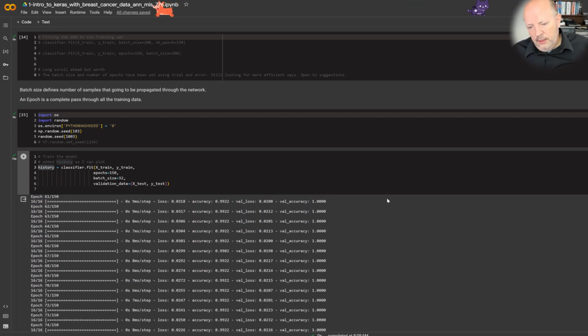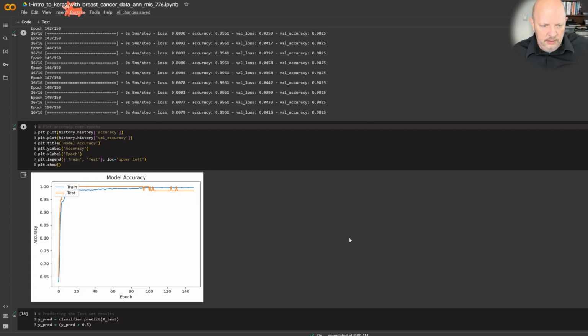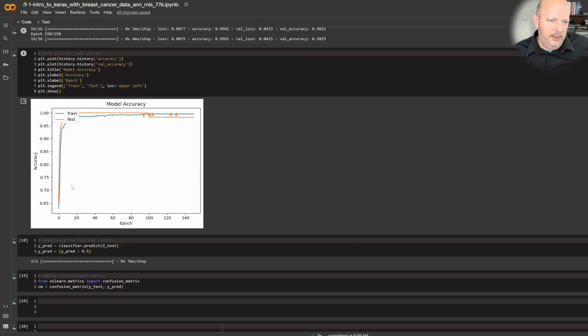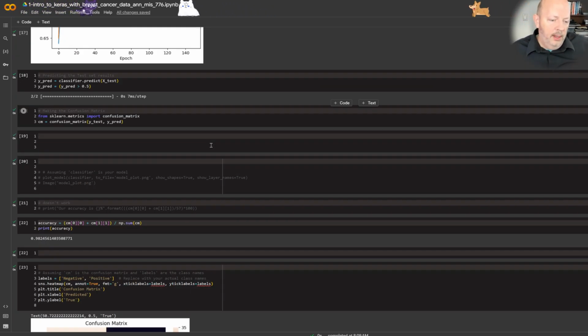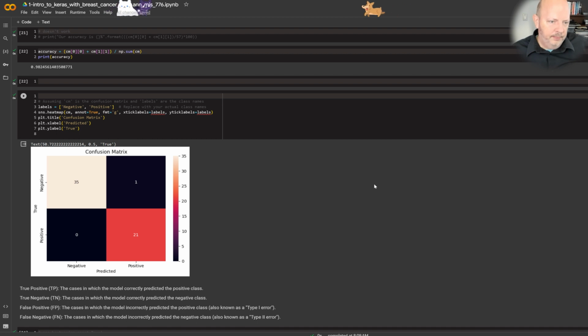So it does really well. Generally, you could train this thing on probably 10 or 15 epochs, save a bunch of time, and you'd be good to go. But I just want to show you this. So this is basically the model accuracy. Now, what's another way that we show that? We do that by a confusion matrix. This is negatives that were identified as negative, this is positives that were identified as positive. These are your false negatives and false positives. We see we only have one. That's pretty good.